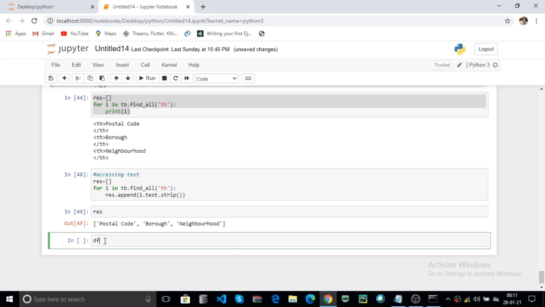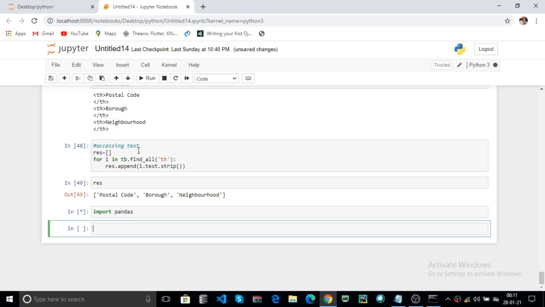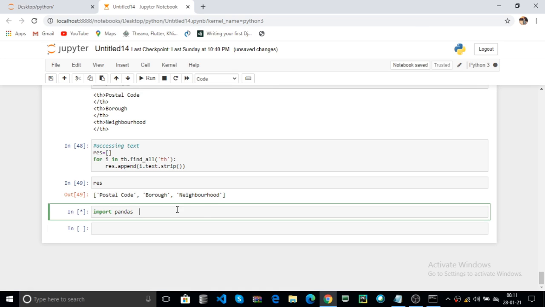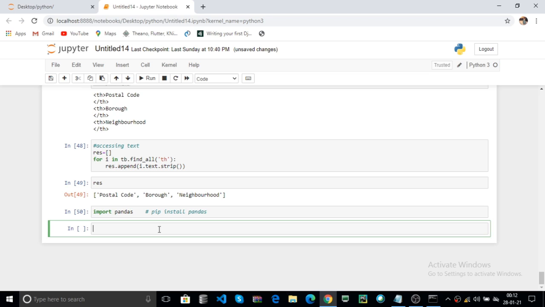For example, df equal to... First import pandas, because we create a data frame and finally convert the data frame to the CSV file. If there is no pandas module in your system, you can install it by pip install pandas. Now after importing, you can create one data frame using